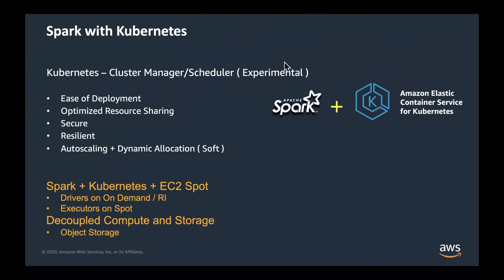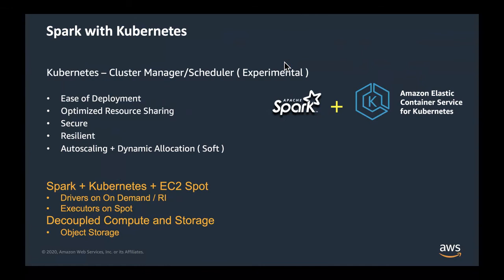So when I say that, what I mean is that when a job runs and it completes, it very quickly releases the resources for the next job to run, or the parallel jobs which are running in the cluster. It is very secure. Here we can use the role-based access control of Kubernetes to run the Spark jobs. It is resilient by nature. The jobs which are running on Kubernetes when Spark is resilient,